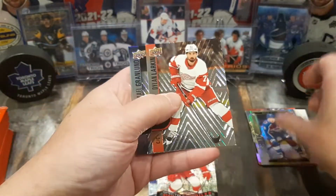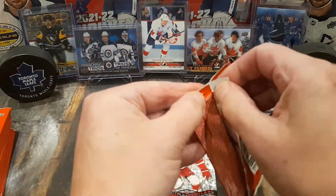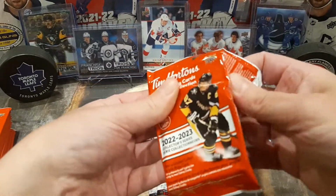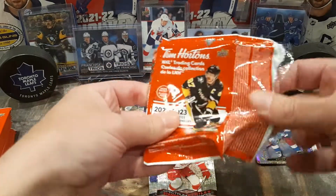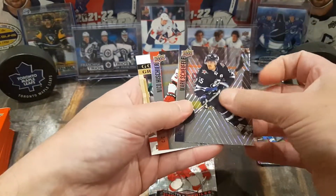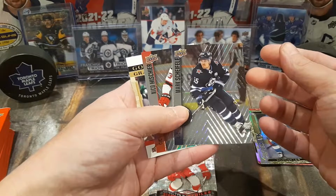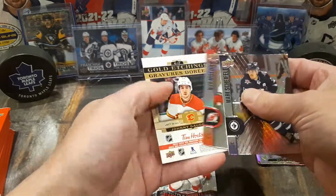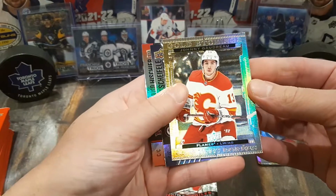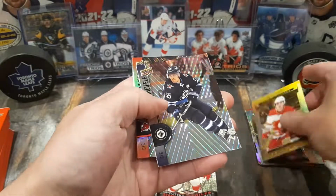They put a lot of effort into making these cards specifically just for the year. I started about 3 or 4 years ago, and haven't completed one full set yet, but I'm very, very close. I got 2 missing cards from last year: Mark Scheifele, Nico Hischier, and a gold etchings of Johnny Gaudreau, who's unfortunately no longer on the Flames, but it's very cool to see that I can still get his Calgary Flames cards